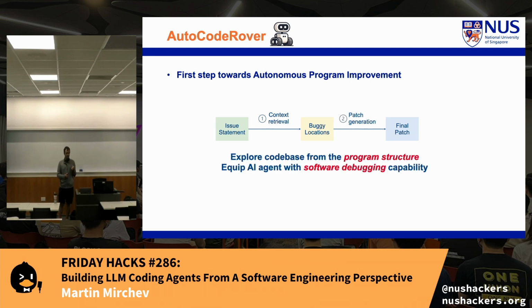Now, the thing is that a lot of the agents, the agentic systems around that time, were really looking at the code just as a collection of text. They were looking at it as a natural language processing problem. So in a way, they didn't utilize any sort of structure of the code base. For them, the file system was just enough, but that's not correct. In reality, a developer looks at a file as a collection of entities, or there is some structure inside of it. It's the AST generally.